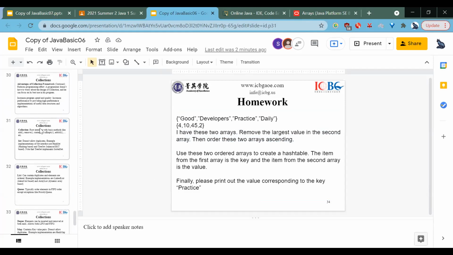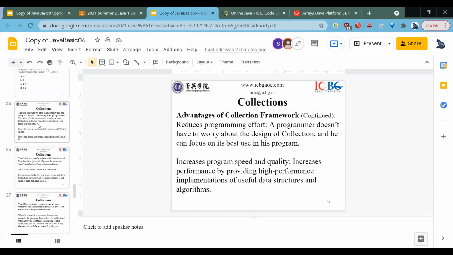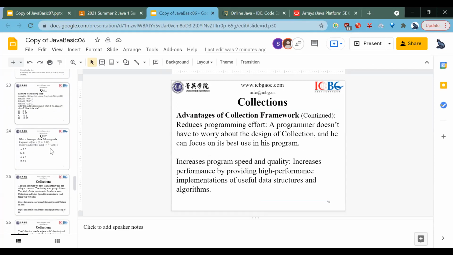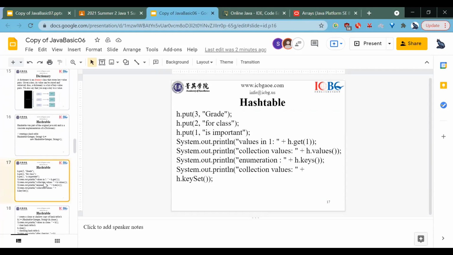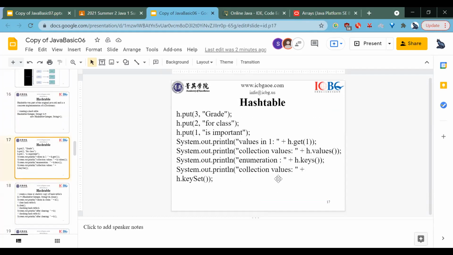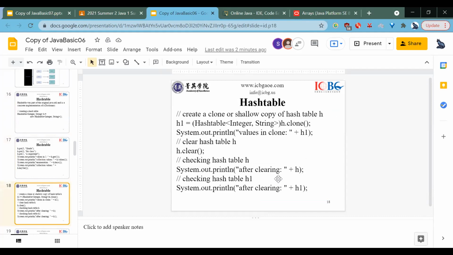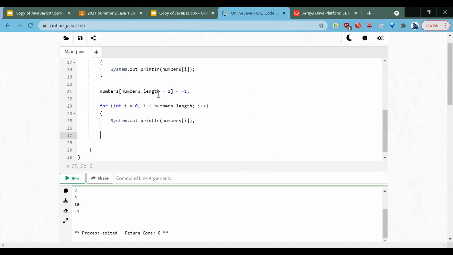So last time we talked about collections and hash tables. So if you go here, where is the part where we did hash tables? Okay, so this is how we create a hash table, right? You put in these values and then you take out these values. So essentially you could just copy this. These are integers and strings, right? So hash table,